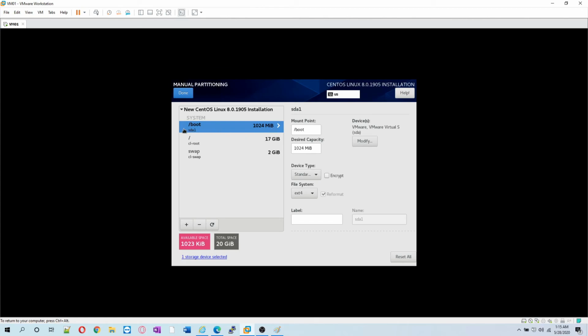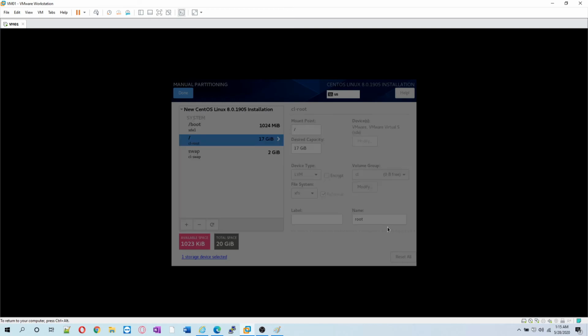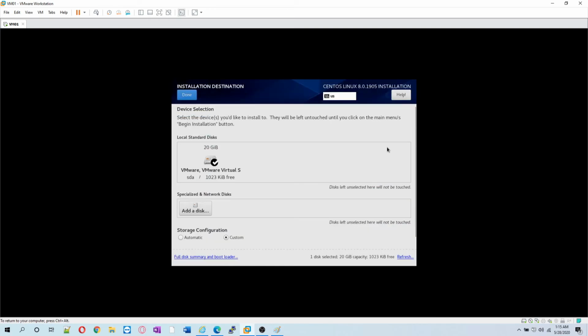So if you see here, it has created a boot partition, necessary. It has created a root partition, really necessary, but it has allocated everything to the root partition. So what happens is, the home for users will also be in here. If the root partition gets full, your OS cannot boot. So the advanced users keep the home separate from the root. For the sake of this video, we will keep partitioning automatic. So I'll keep it automatic and select done.